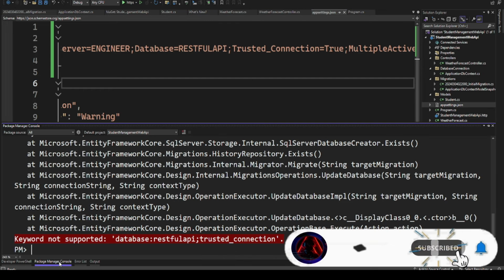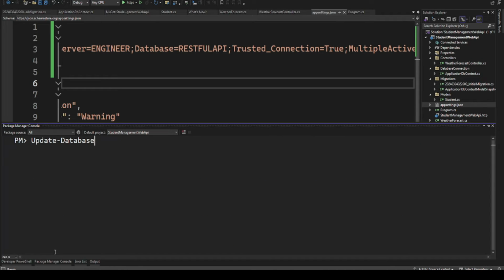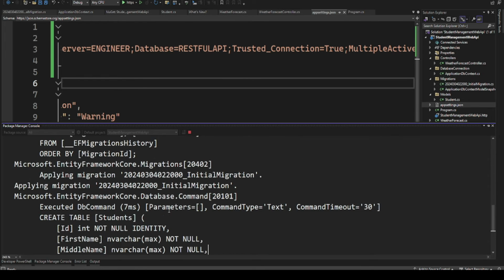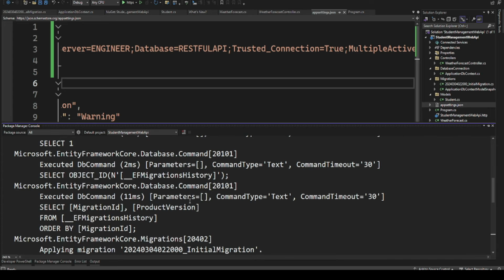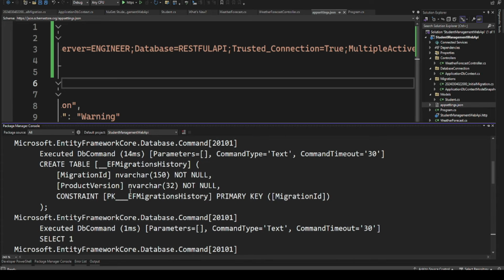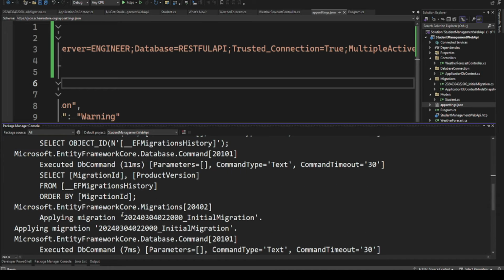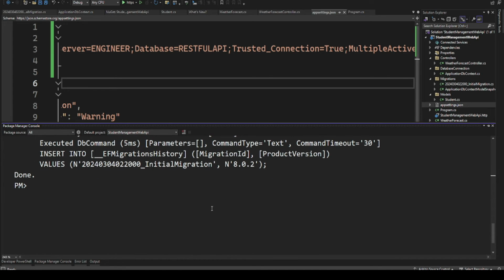So let's go back here and clear, then update the database. This is actually a command that also tries to connect to our database. So in case our configuration file is wrong, then we'll have a problem. As you can see, I think everything is now okay. And if you are keen here, we have our table called EF migrations history that actually tracks the migrations that we have done. And also, if you can see on this code, you'll notice that there is some